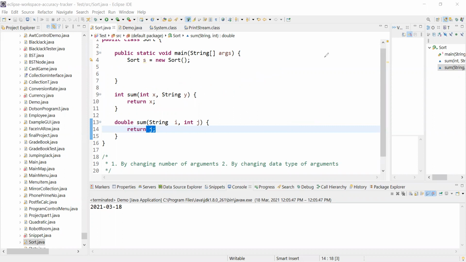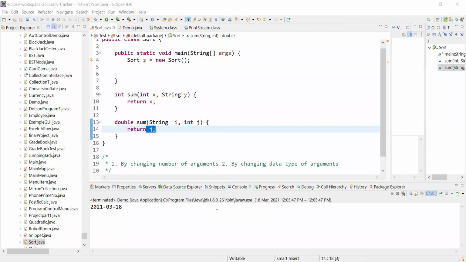Okay, fine. Now there are certain rules which we need to take care of. There is a concept called type promotion, so let's discuss that. We have discussed the two different ways by which we can overload a method. And what is the benefit of method overloading? Basically, we can reuse a name. If we are doing overloading, we can reuse a name. So that's the benefit. Now what is type promotion?